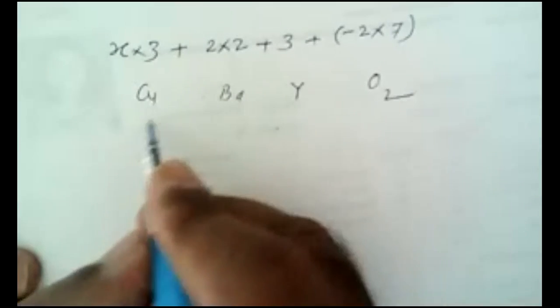Now, if we try to solve this, here we can write this as 3x. 2 multiplied by 2 is 4, plus 3 is 7, and 7 multiplied by 2 is 14, that means minus 14. So this is 3x plus 7 minus 14. Therefore x is equal to 7 upon 3, and if we divide the numerator by the denominator,